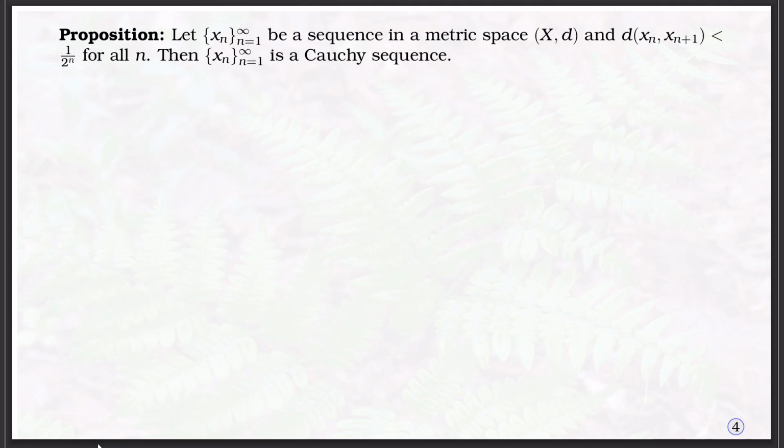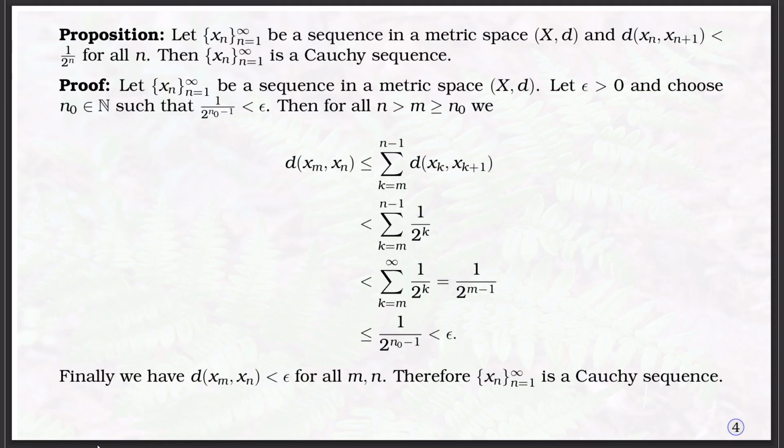Now, let us discuss some propositions which will be applied in the upcoming results. Let x_n be a sequence in a metric space (X, d), and suppose the distance between x_n and x_{n+1} is less than 1 over 2^n for all n. Then x_n is a Cauchy sequence. So, for proving this one, let x_n be a sequence in a metric space,